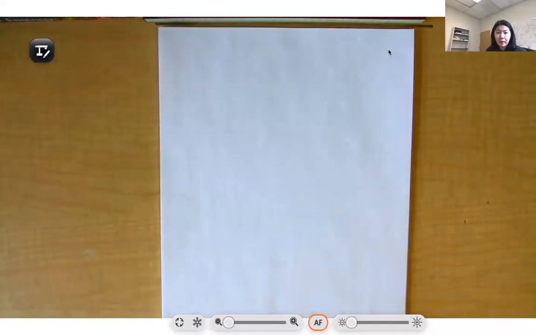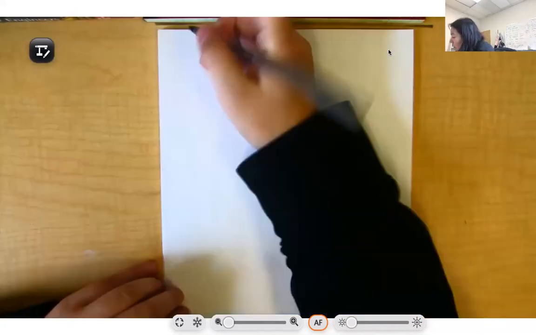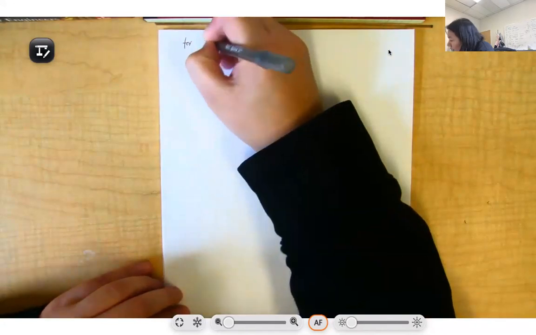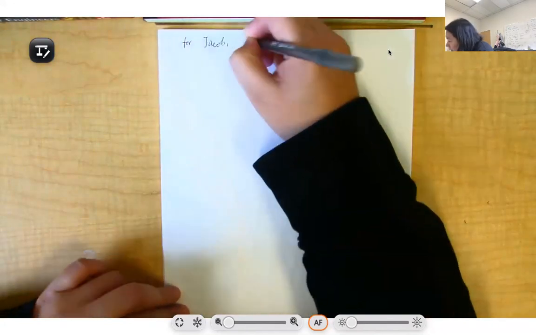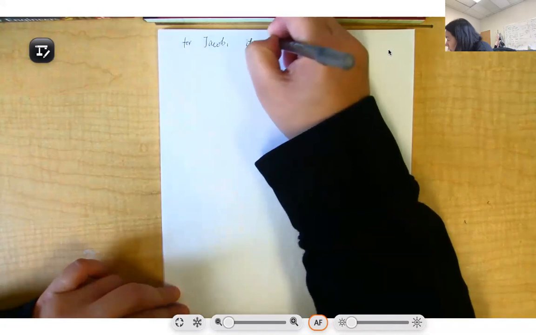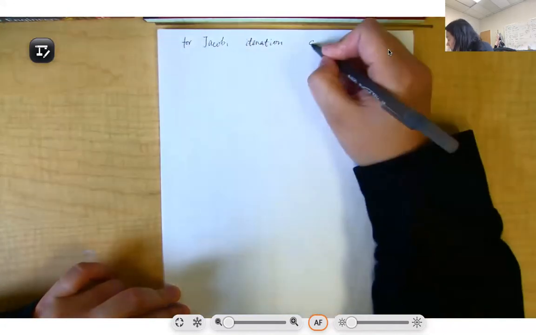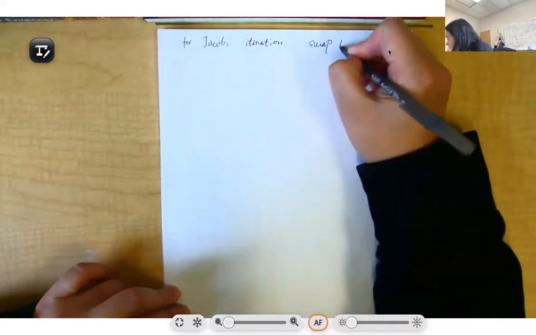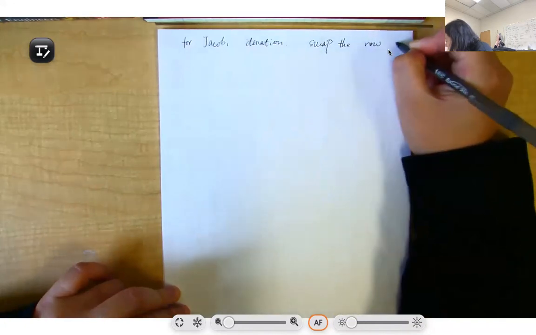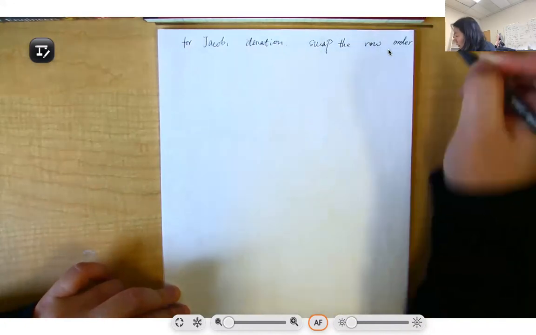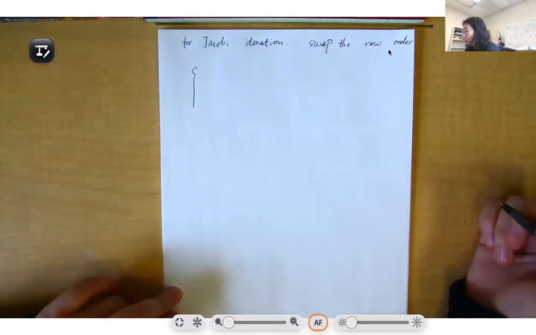Let's make another practice for the Jacobi iteration. How about we use the same example but swap the row? Okay. For Jacobi iteration, let's swap the row order, where before you have